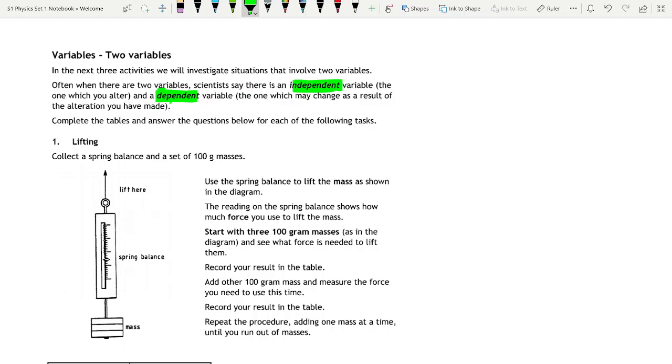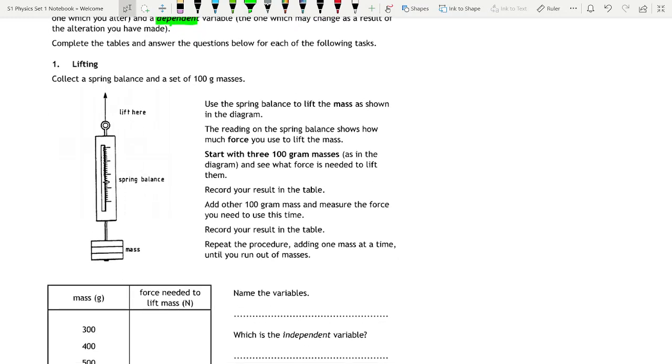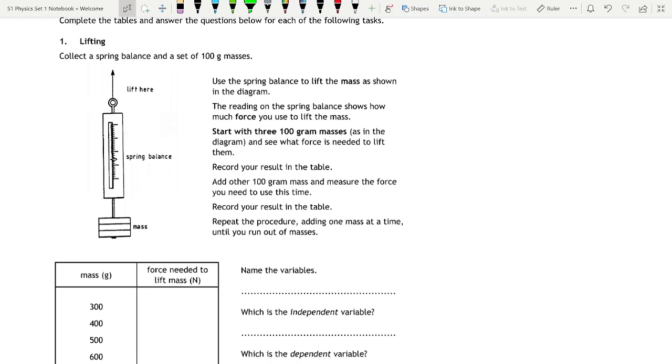Okay. So we're going to do an experiment with a spring balance. Now you've all seen a spring balance before and you've played around with them a little bit, but we're going to do a proper experiment with variables now. You should all have a spring balance on your desk. You will need to come and get one of these. These are called slotted masses, and you can lift them up using the flat bit of the holder, like that.